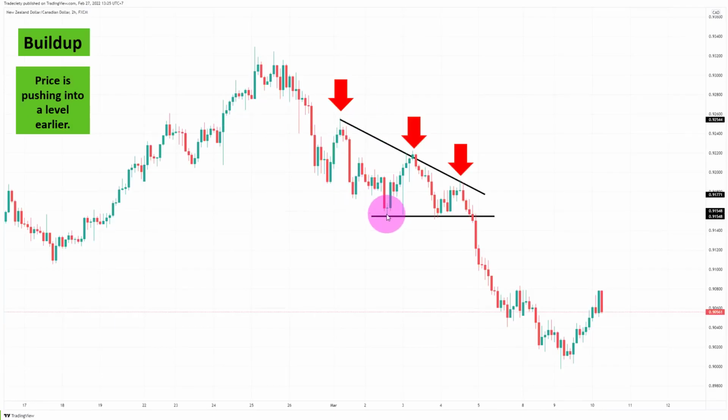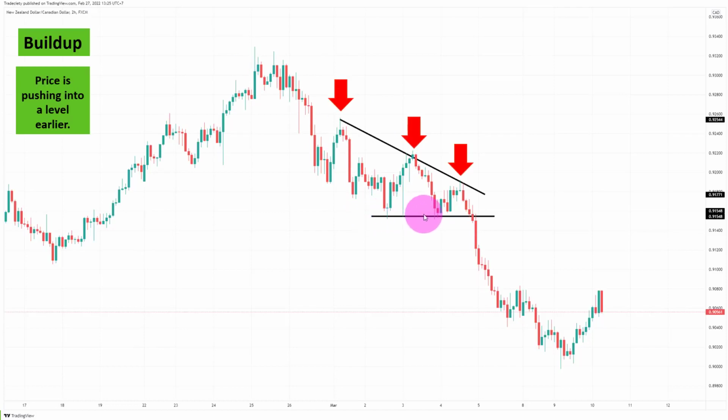The build-up, I love the build-up when it comes to horizontal support and resistance, but we can also use the concept of trend lines here very, very nicely. And what you have to ask yourself with the build-up: how strong is the market pushing into a level, and is the market pushing into highs or is it pushing into lows, and how are the highs and the lows shaping on your charts? So we can clearly see on the left side we were in an uptrend, higher highs and higher lows. Then we rolled over, we made lower lows and lower highs,